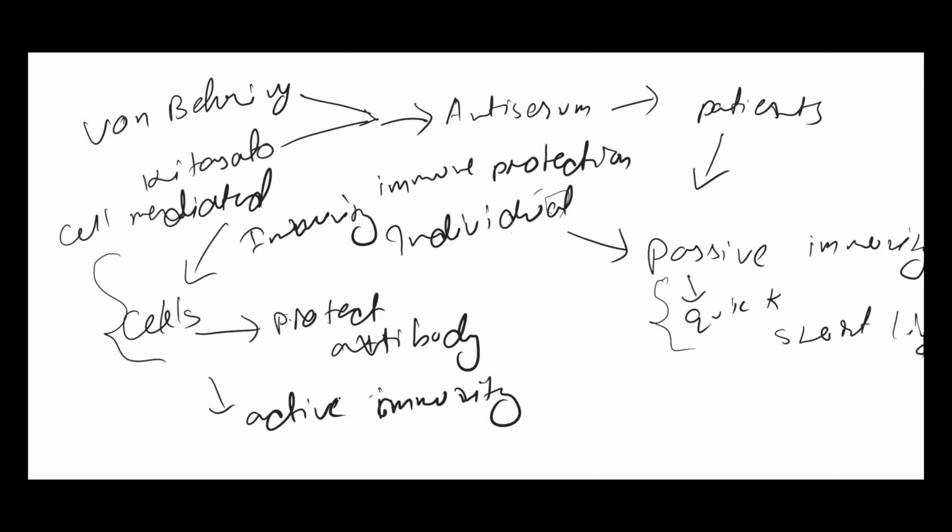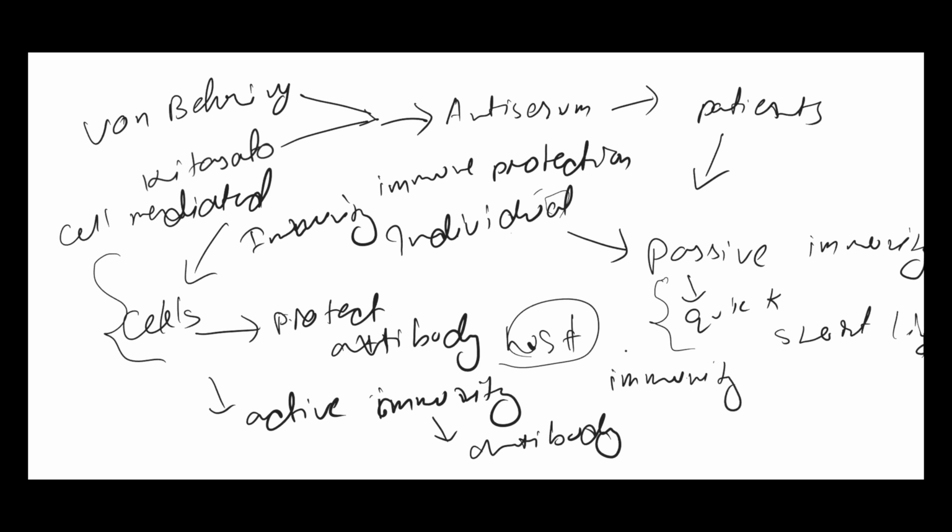But in active immunity, it produces its own antibody, because the cell is transferred to the individual or the host. So the cells are transferred, so it can now produce its own immunity. So this is active immunity, the basic difference, and it is a little bit slow but long lived. So the basic difference is these two, and it comes under the adaptive immunity,